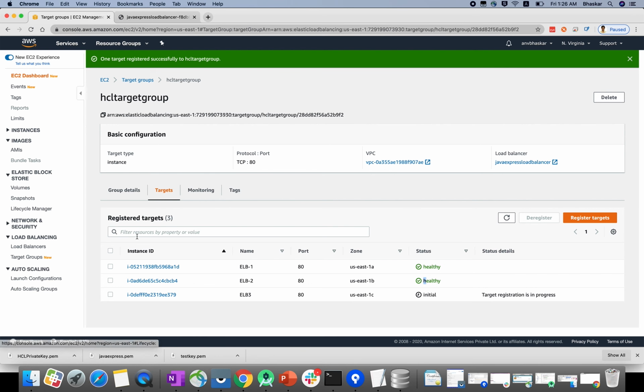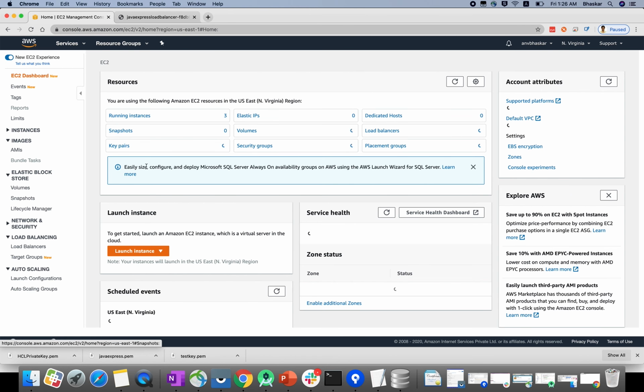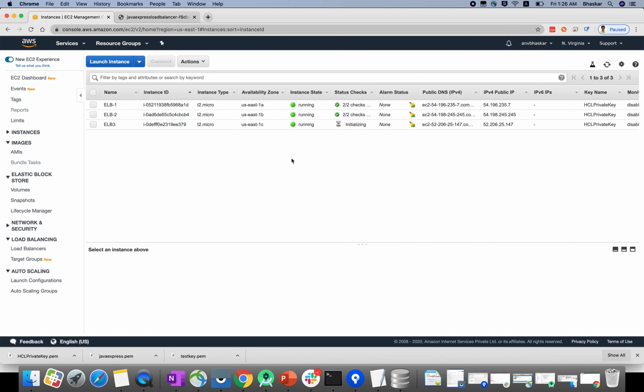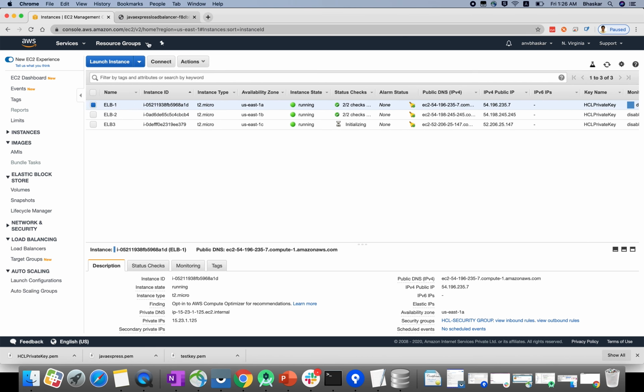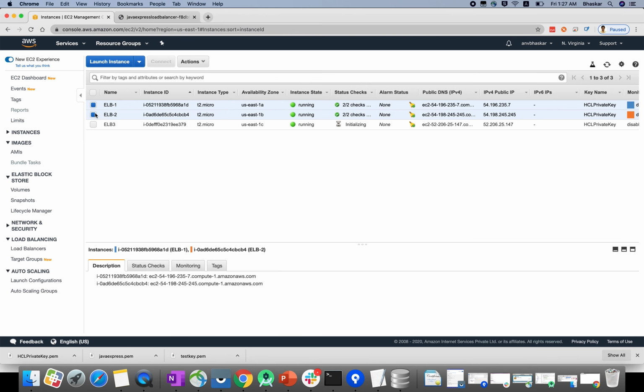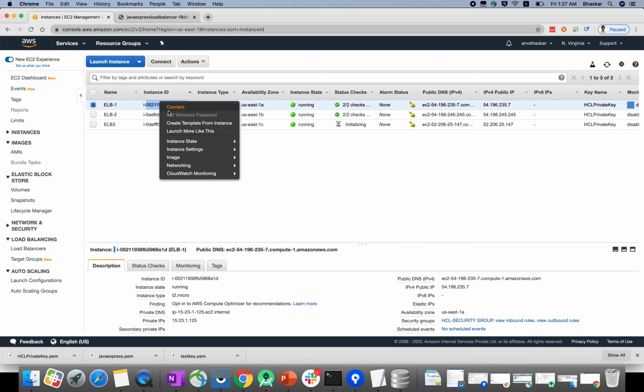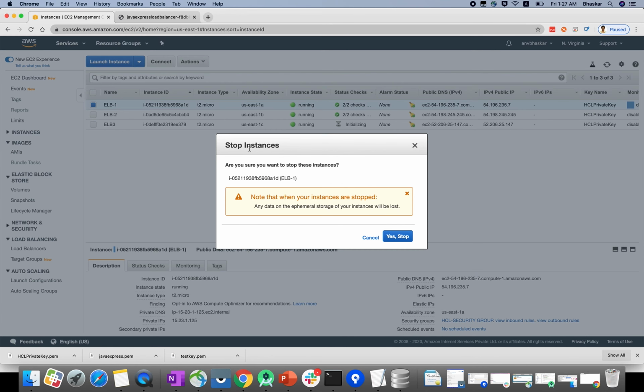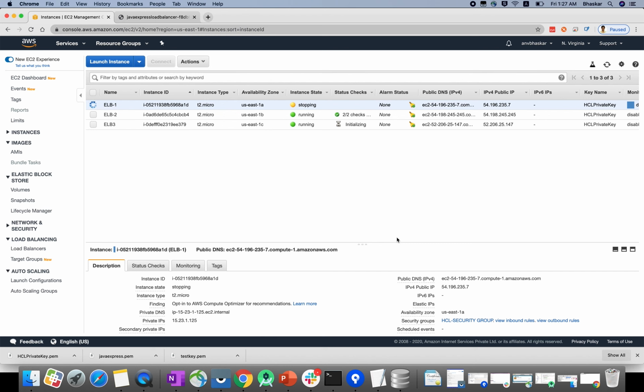Now let me go to the EC2 dashboard, running instances. Here, ELB1, right now I got the output as 1, right? So what I will do is stop the ELB1 EC2 instance. That means your EC2 instance will be down now. It will take some time to bring that EC2 instance down. Why? Because while the server is down, it will check the health check at two intervals. I have given every 10 seconds, it will check whether this particular instance is available or not.